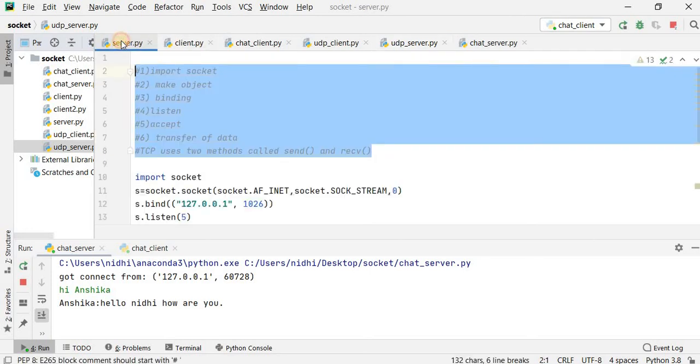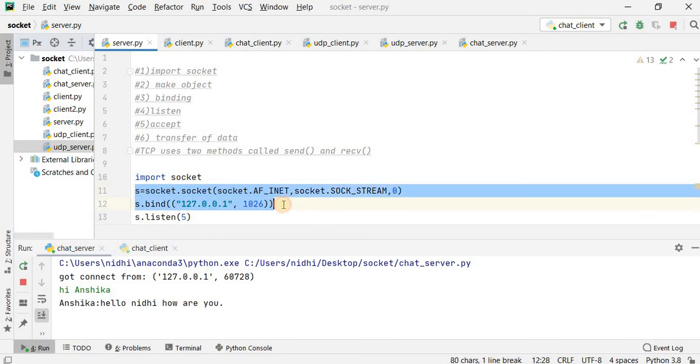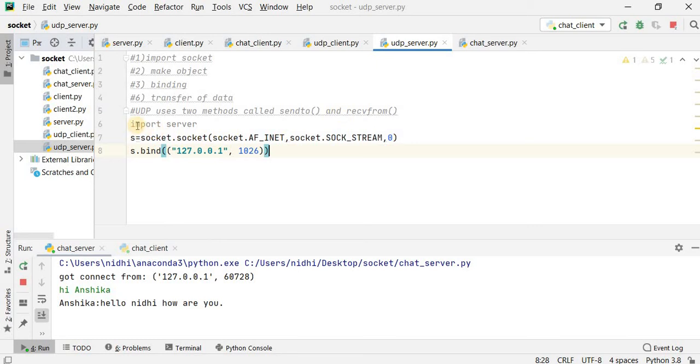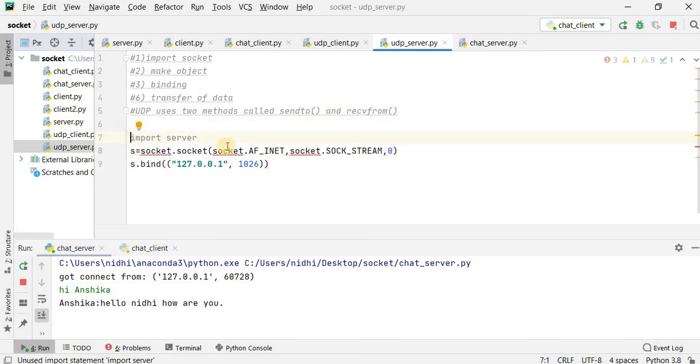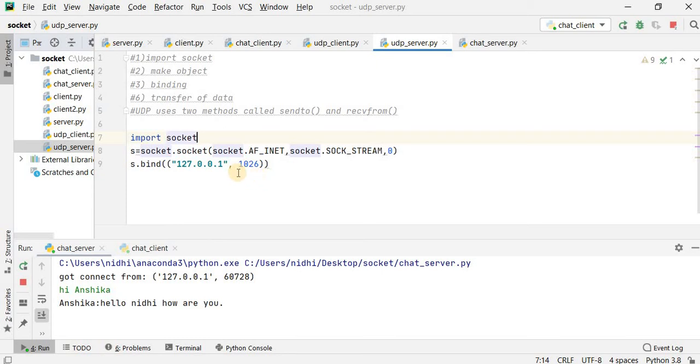So let me copy the same thing from the previous one until the binding. Yes, it is done. I don't know why I always write this wrongly. Yes, import socket. Object is created.